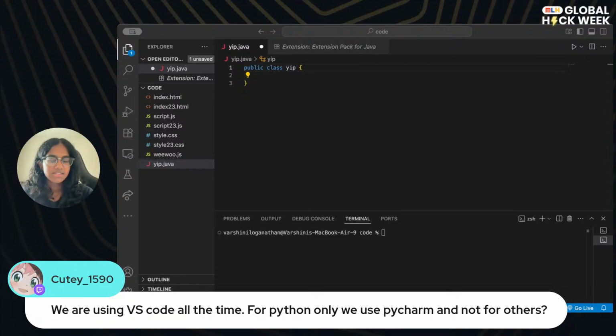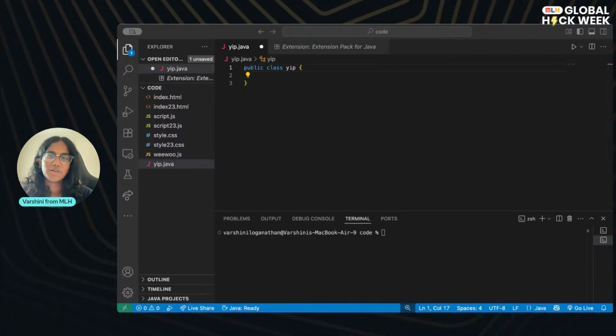Code because it's a simpler environment where you can add support for a lot of different programming languages just by installing extensions. And it's also just a really nice editor. You can't lie to me and tell me that you don't like the look of VS Code, but feel free to use something else. Hopefully that helped with your concern.